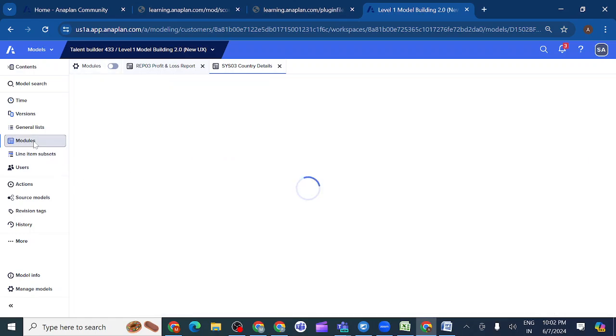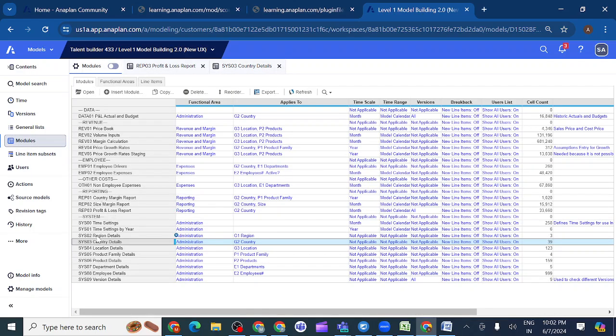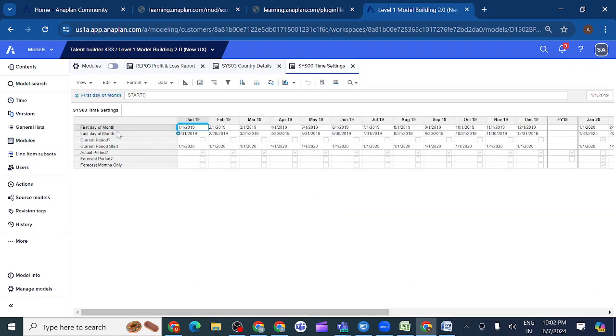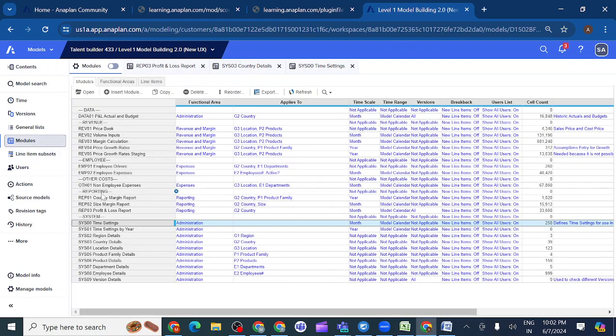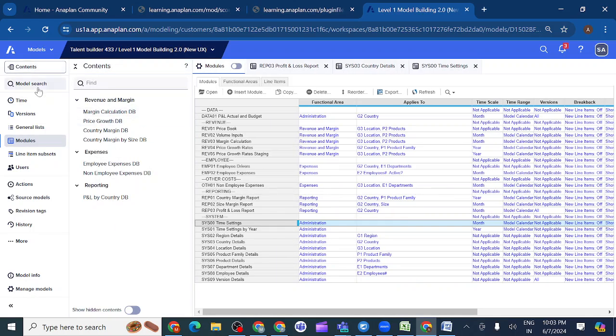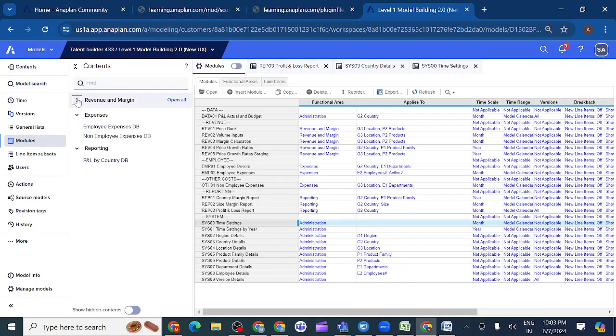For example, generally there is a system time settings module. If I open this module, you can see first day of month, current period, actual period, forecast month. I have created all these line items at once. I use each and every module in different saved views.